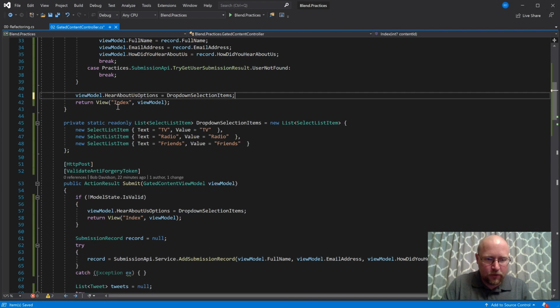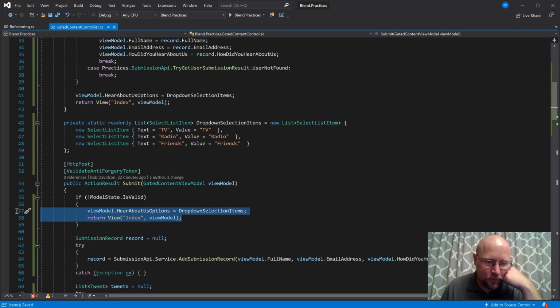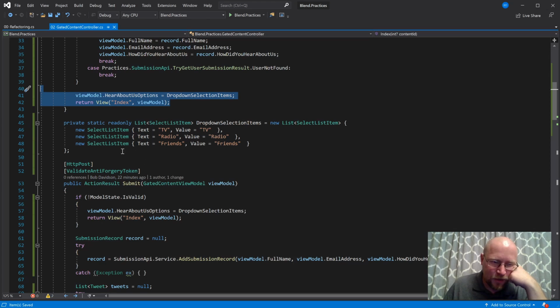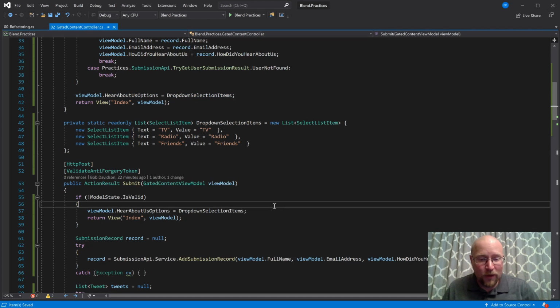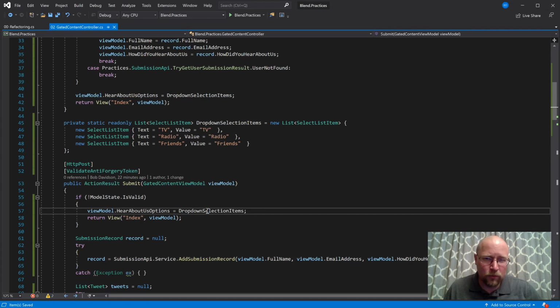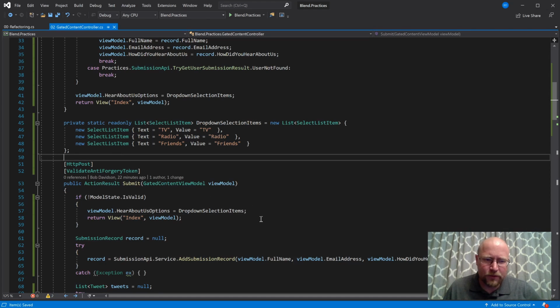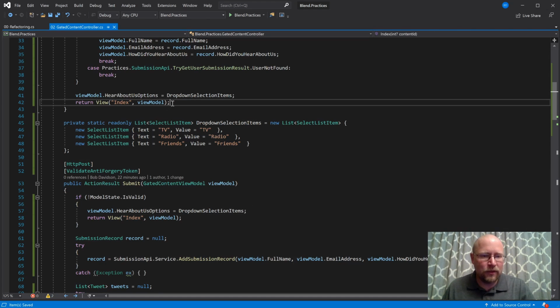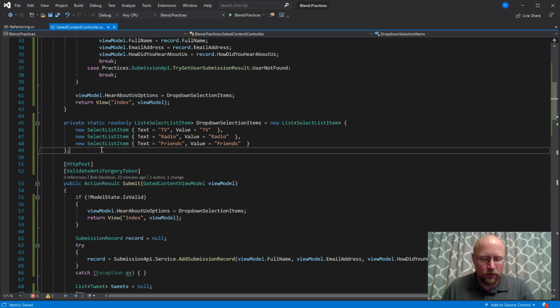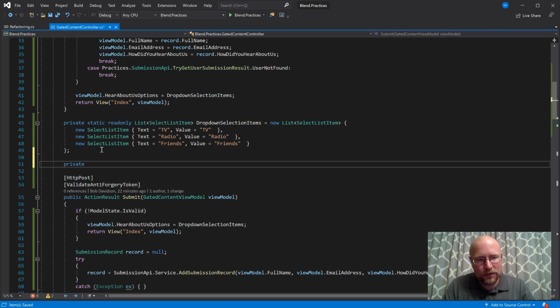And honestly, if I saw this in a code review, I would be totally fine with it. It's not a big deal. But we still have a tiny bit of duplicated code. If you want to be really hardcore about not duplicating code, and if you had like a bunch of drop-down items or more parts of the view model that required initialization, I would definitely consider doing this. But instead of having these 2 lines of code repeated, you could create a method that basically contains those lines of code